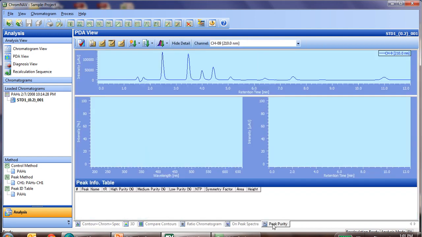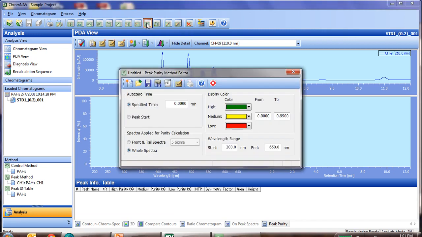Now we have our different views below, and we'll go to our peak purity window. In our peak purity window, we have above our chromatogram at whichever particular wavelength you're looking at. So we'll first need to build our peak purity method. To do so, click on Edit Peak Purity Method, and you'll see in the pop-up we can edit the purity